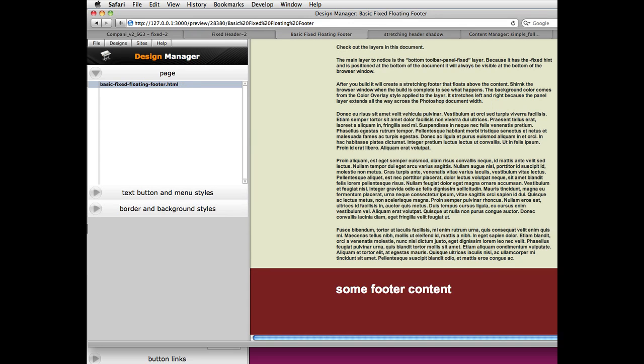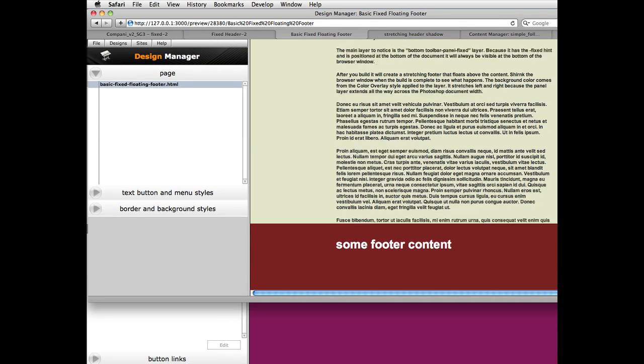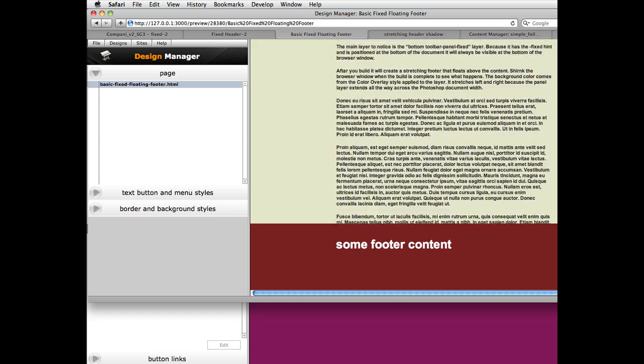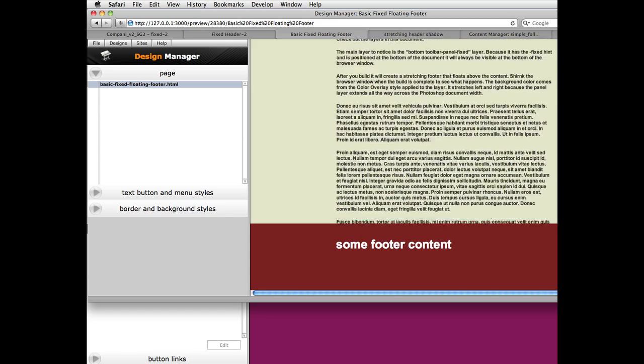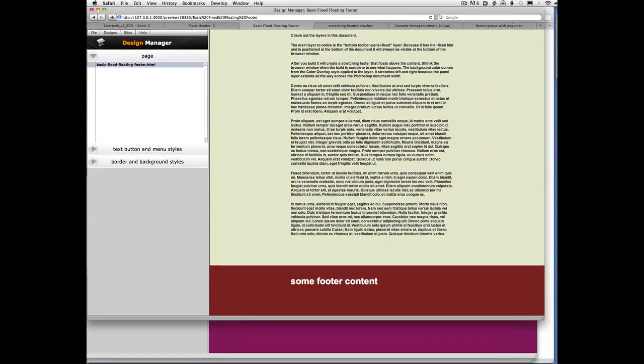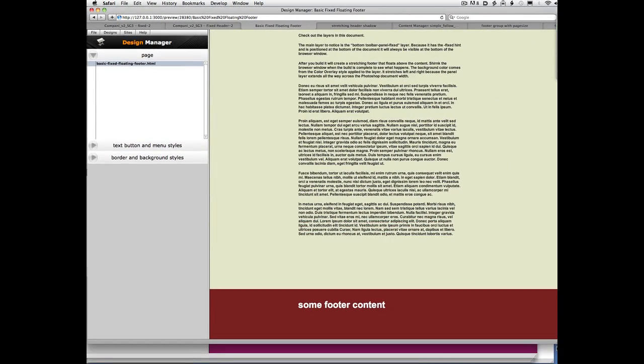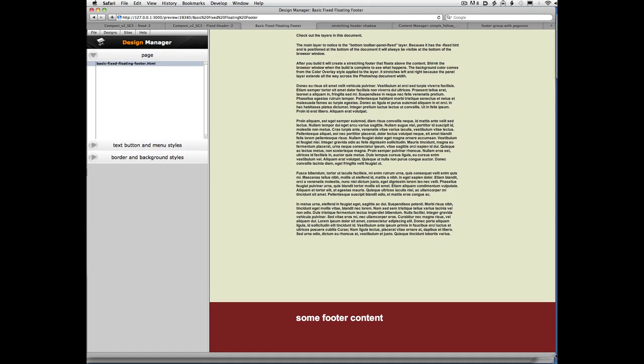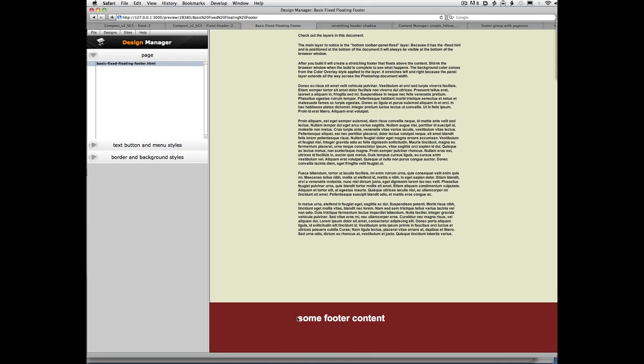So this is a slightly simpler situation. This is a footer, and notice it's also floating. So the text is going underneath it as I scroll. But notice it also extends all the way to the edge of the browser window. So no matter how wide or narrow the browser window is, it's going to have this wide sort of maroon